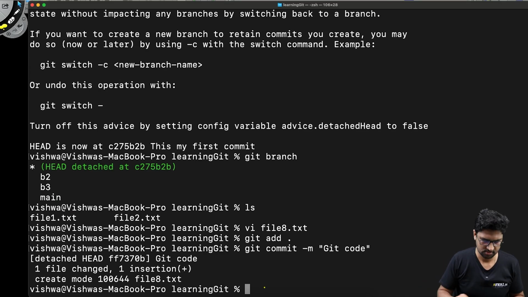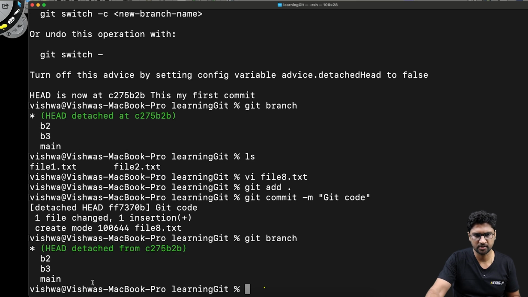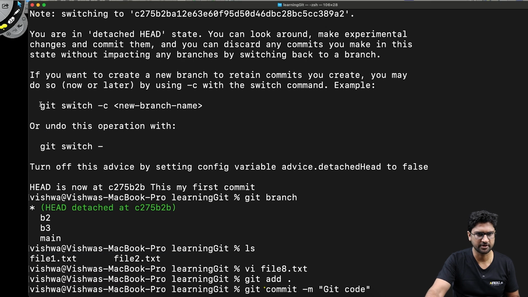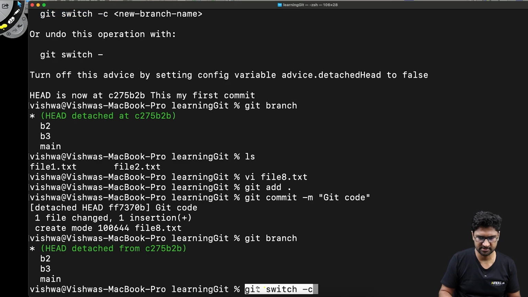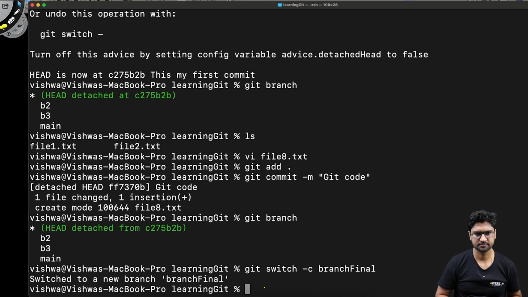And then what I want to do is move it to a new branch. Again, if I do this git branch, I'm here only. If I want to move to any other new specific branch, I can use this command called git switch -c, and then the branch name. So I say git switch -c and call it branch final. Now if I do that git branch,